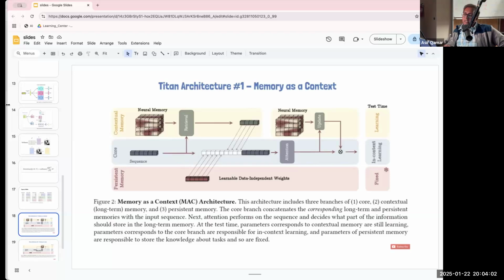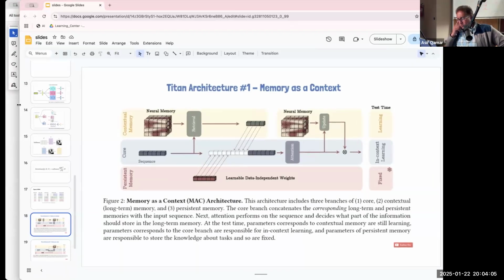Now, let's come up with some example. For example, let's say you are feeding in a novel. It has about 500 pages of documents. And in this paper, of course, it is written at a very high level. It does not tell the details of how these memories are updated. But let's imagine that all the 500 pages are being updated into the neural memory. So we can come up with some three examples.